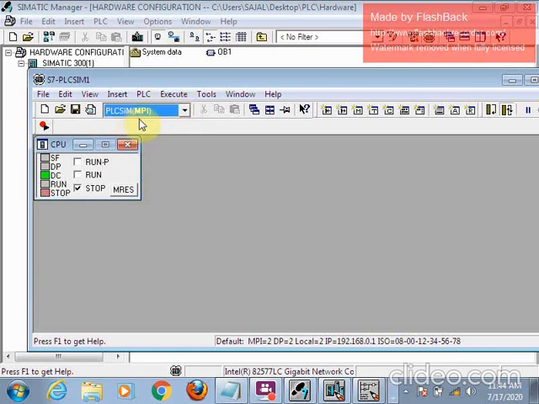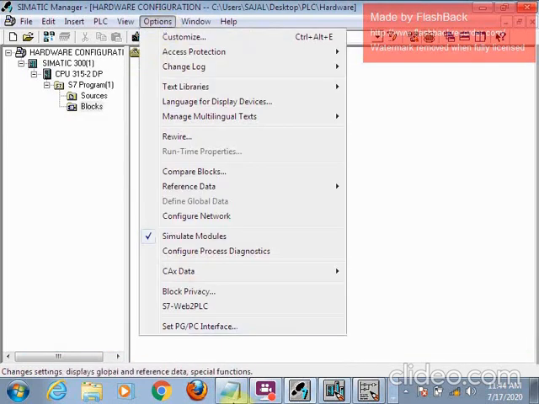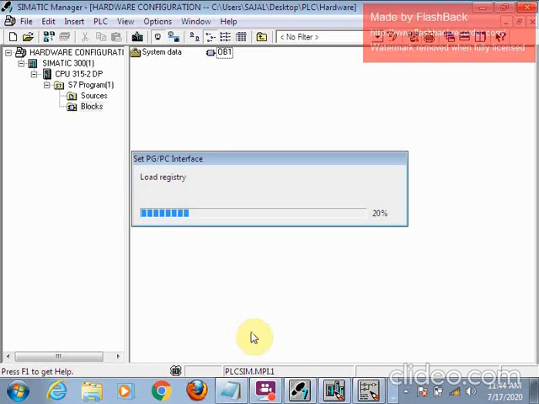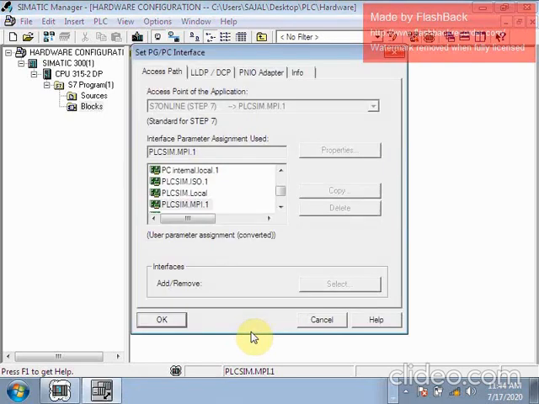Here there is PLCSIM MPI. In PG/PC we generally set the protocol we are using, like if you are communicating through Ethernet, then you will select the gigabit network. Here we are using PLCSIM MPI, so I am selecting that only.